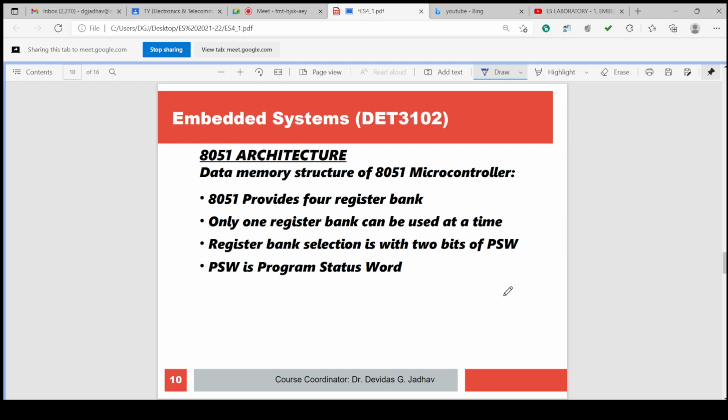Only one register bank can be used at a time. Which bank is to be used can be selected by 2 bits in the PSW, the program status word.